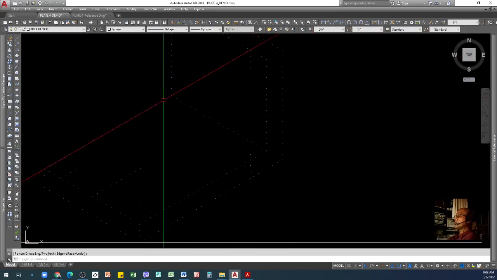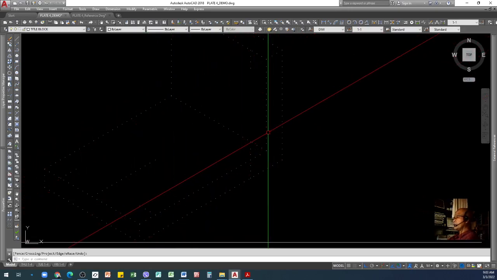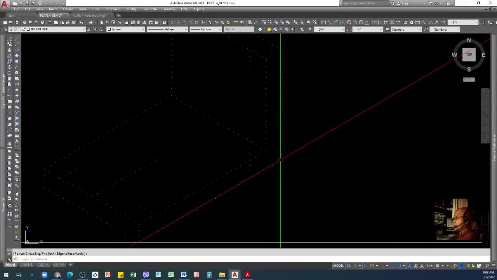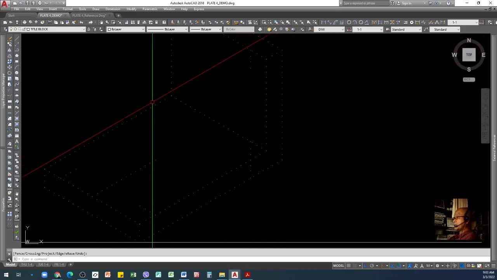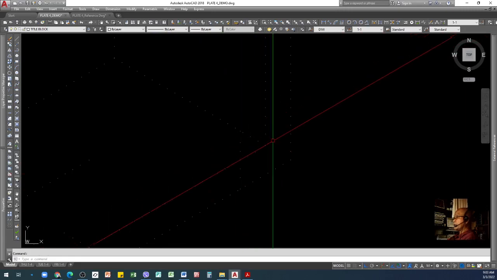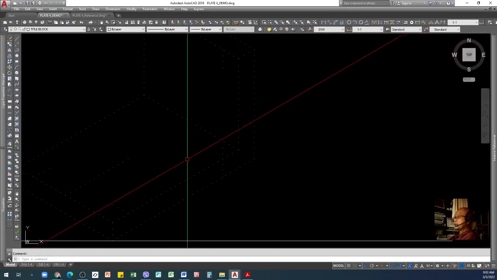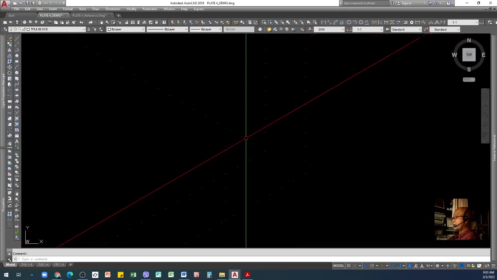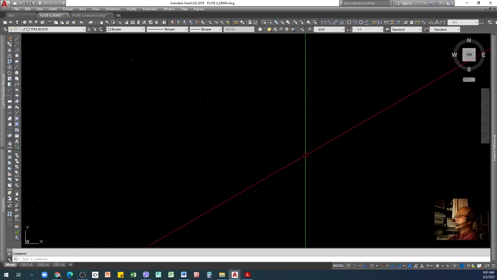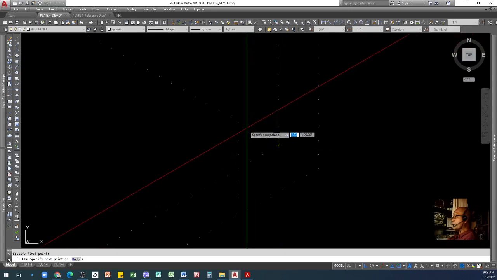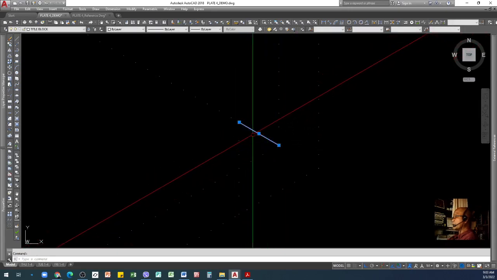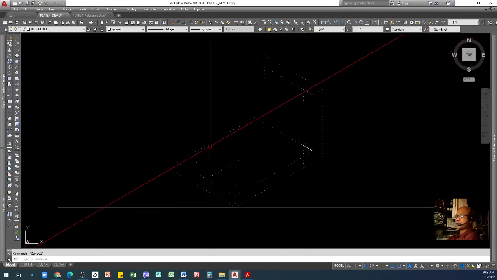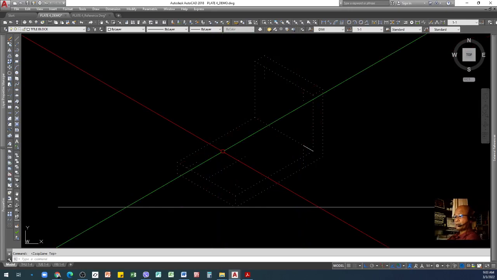So no need to draw another location there, because once you've done with your ellipse here, you can copy it to the other side. By the way, the center of the ellipse, I will explain it later, why we need to have another reference line here. I will draw a line here because we need the midpoint of this one to draw one small ellipse here. Okay, so we're done with the construction for our isometric ellipse.